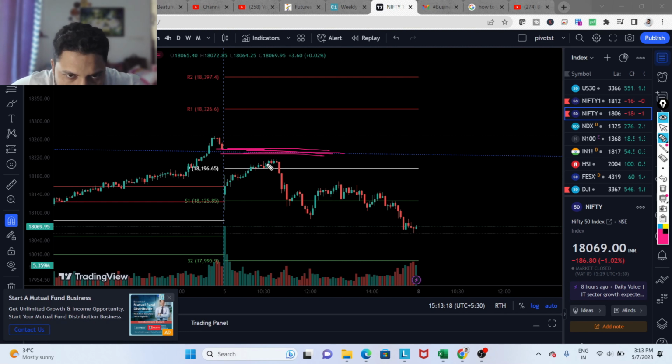So from here, this was the place where you could actually take a small bit of a risk. If you go wrong, you will take a stop loss. If you go right, you'll be able to make money. So this is how you have to trade at pivot levels. At pivot levels, you have to watch if they are either making an up move, holding the levels, or breaking